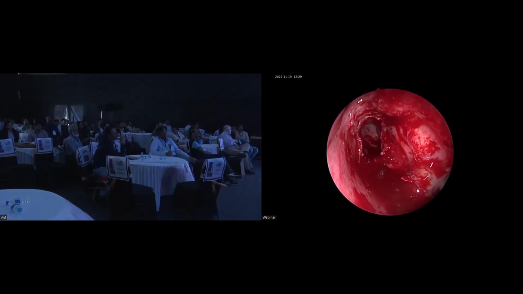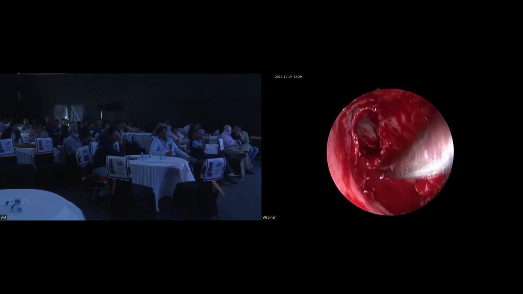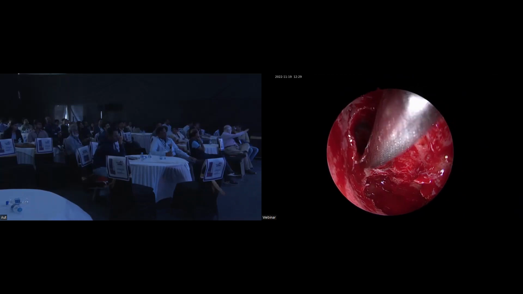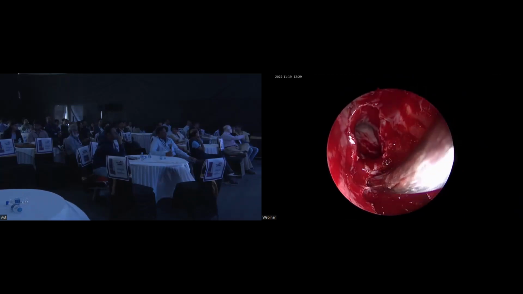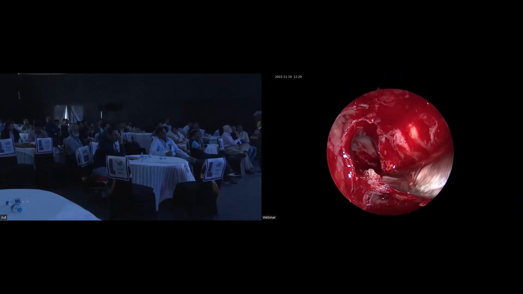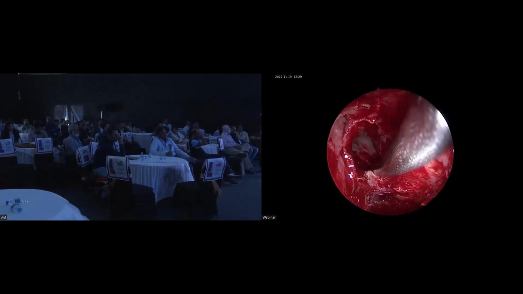And one must do this under irrigation. One of the most important things whenever you are doing endoscopic sinus surgery, if you are bleeding in the region of anterior ethmoid or posterior ethmoid,